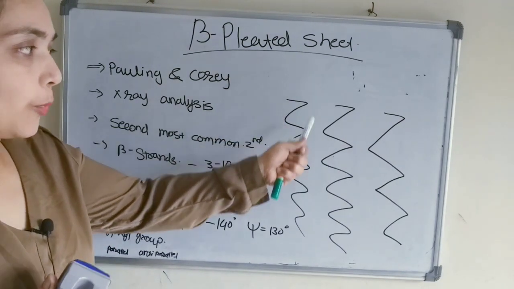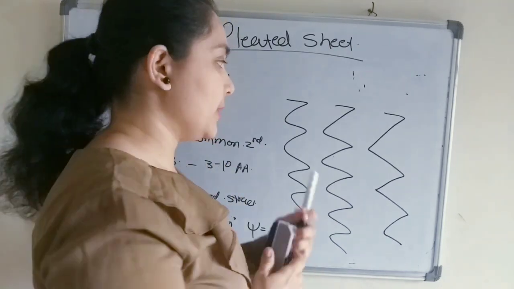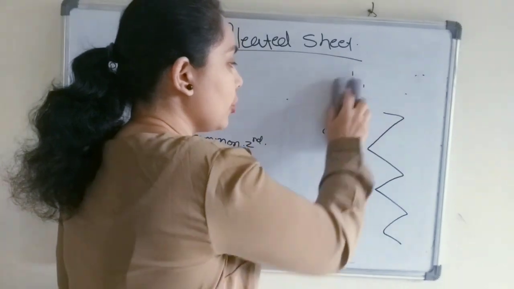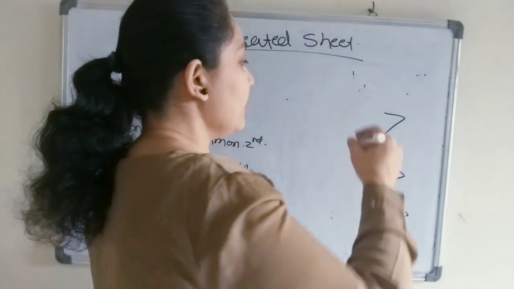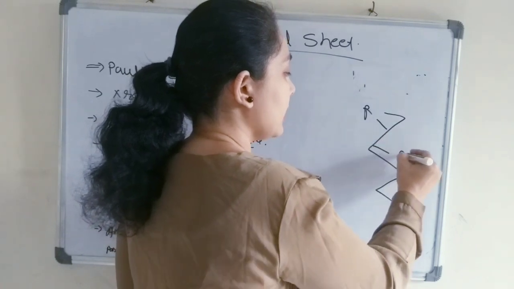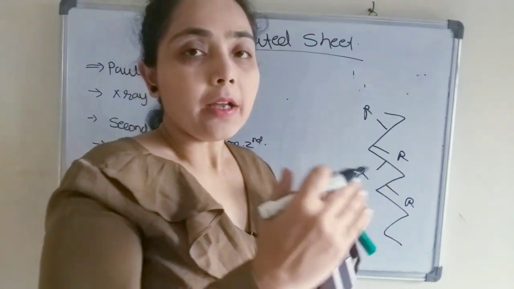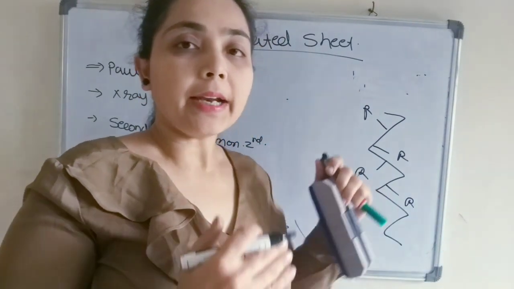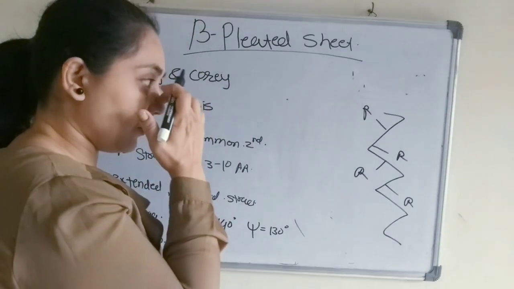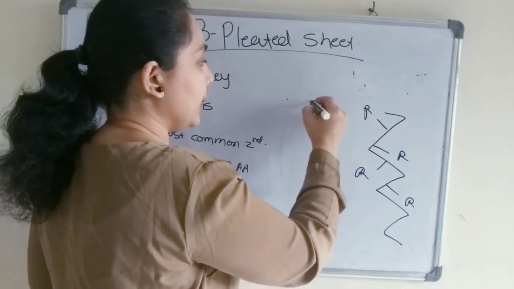We know that in the polypeptide chain the side chain or R group is present. So in the beta pleated sheet, these R groups are oriented alternately, inside and outside. One here, another here, then one here, another here. So alternately the R groups are oriented inside and outside and form an alternating type of structure, in this zigzag-like structure of the beta strands.